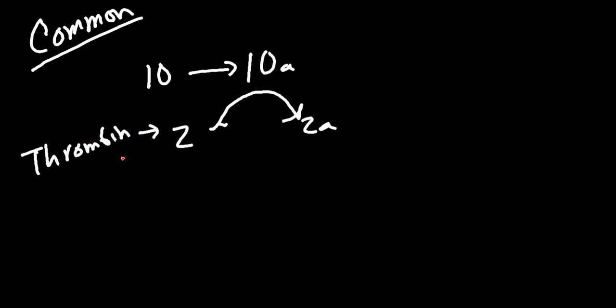So we've got prothrombin is going to be our inactive form, while thrombin will be our 2A. So our active form is going to be called thrombin. Our inactive form is going to be called prothrombin. And this is really the only name that I'm gonna kind of harp on. So our prothrombin gets converted into thrombin. That 2A, that thrombin, is going to convert